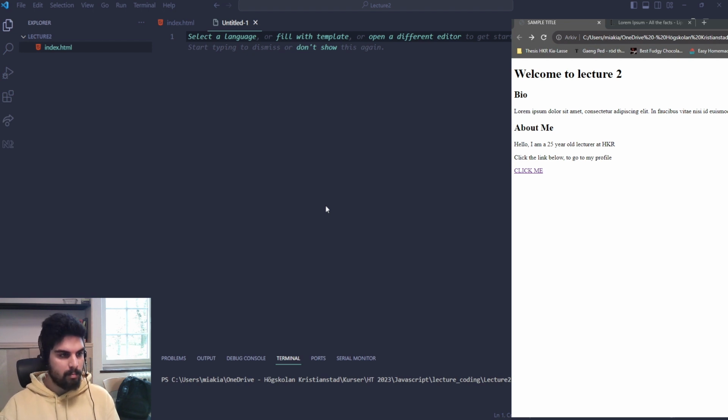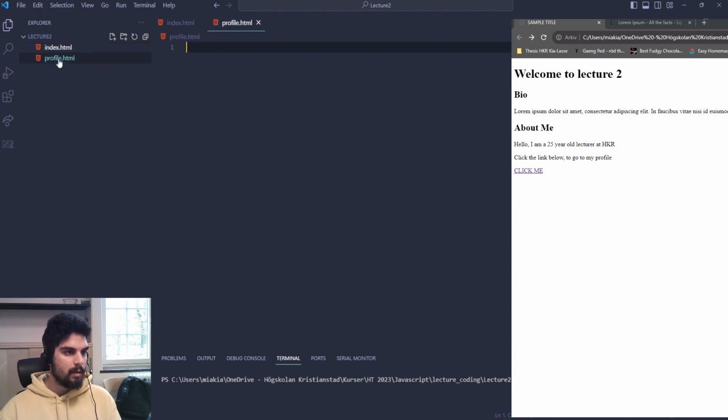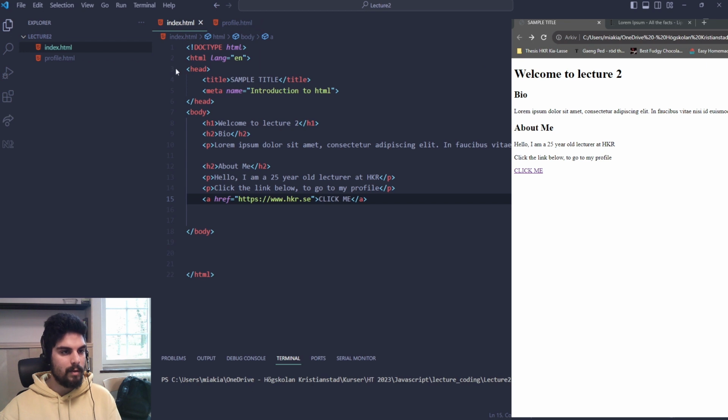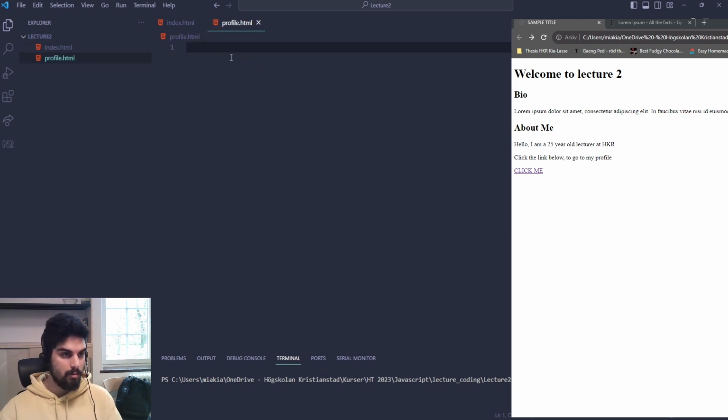Let's call it profile.html. It lies in the same folder as the other HTML file, and I will show you the significance of that. Now, when generating HTML files, it's always good that you know how the structure looks, so it's good if you practice on your own. But as we are developers and we don't want to do extra work,